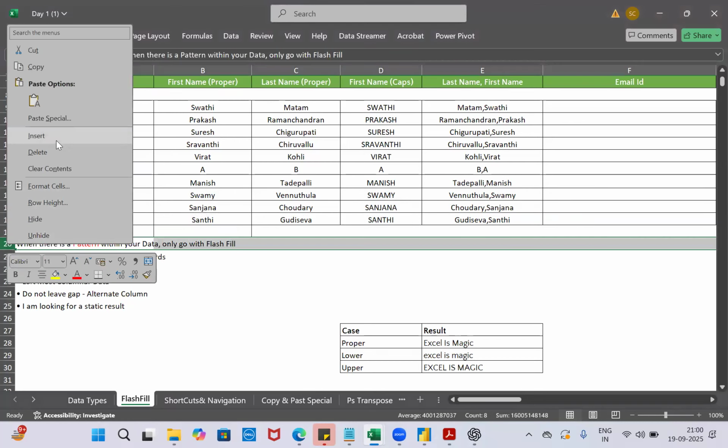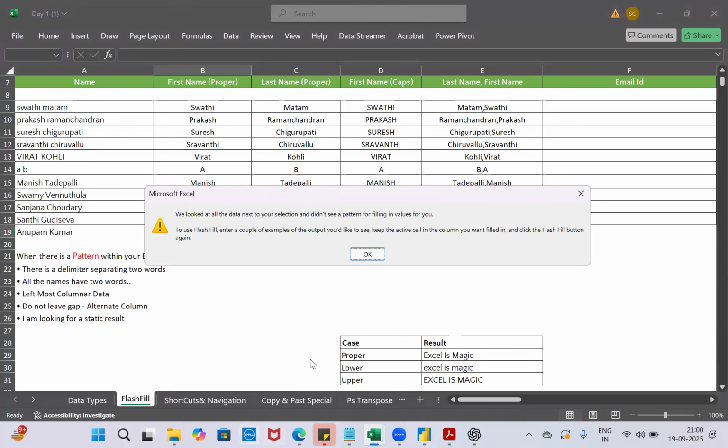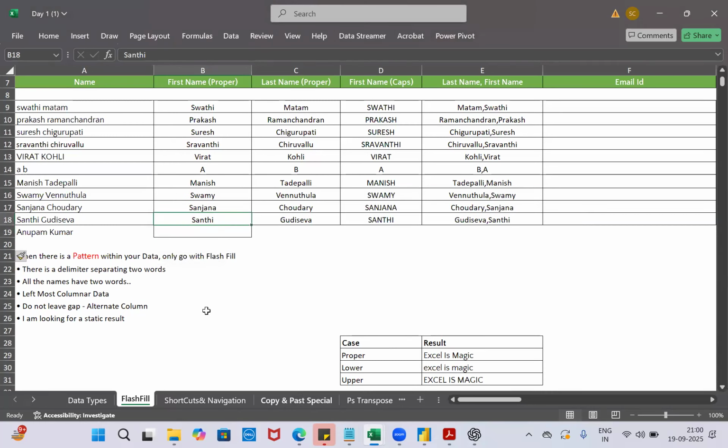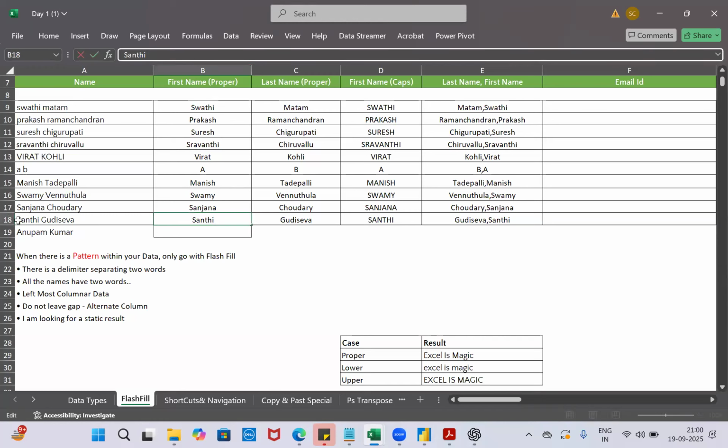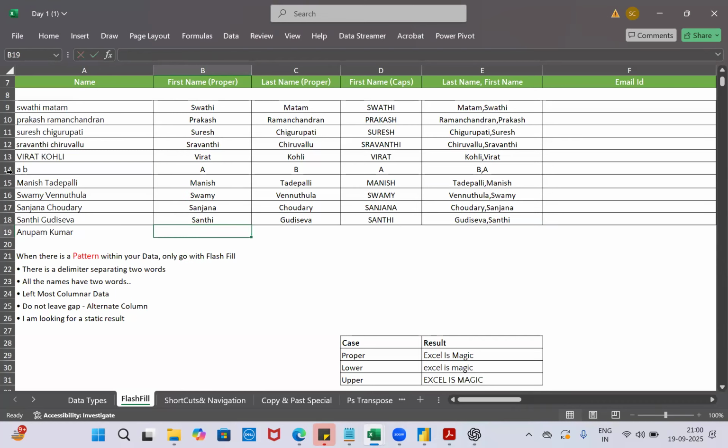It will not come. It's a static result. So this is how you'll get errors. For example, let me write Shanti and do it. It's not working just because it's a static result. This is how you're getting errors, because it should be in the same pattern.